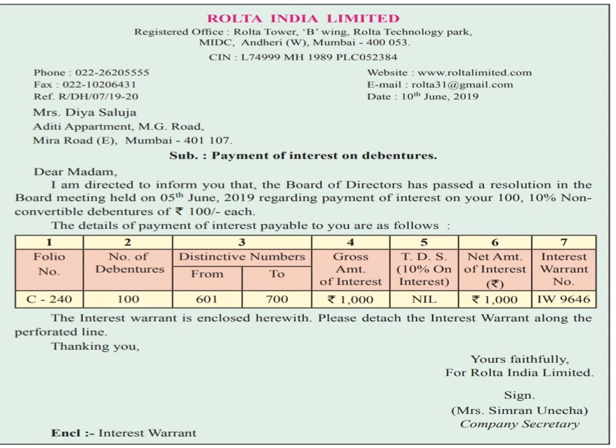An example of a perforated line is the admission form of the institution which is attached to your prospectus on the last page. It is very easy to detach, to separate that form from the prospectus. So thanking you, yours faithfully, company secretary. You all can see on the left hand side enclosure is mentioned. So with this letter, the secretary is sending the interest warrant to the debenture holder. Thanking you, yours faithfully, company secretary. Thank you.